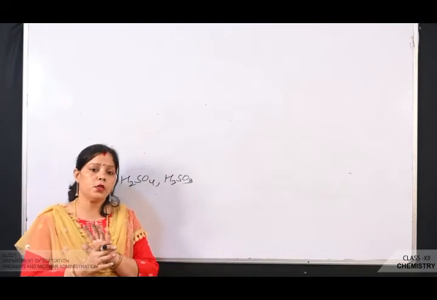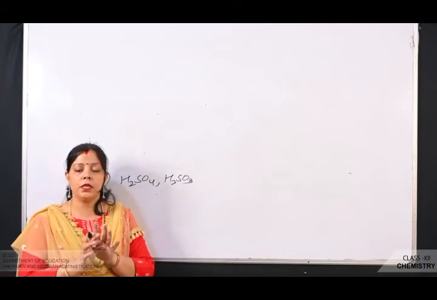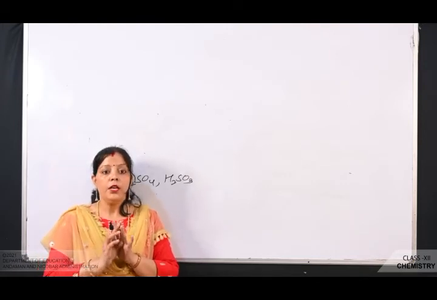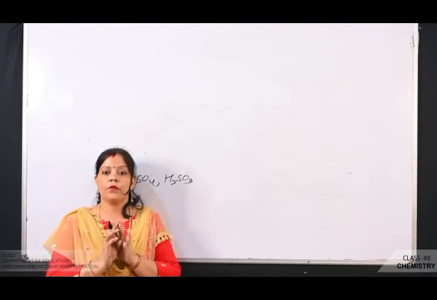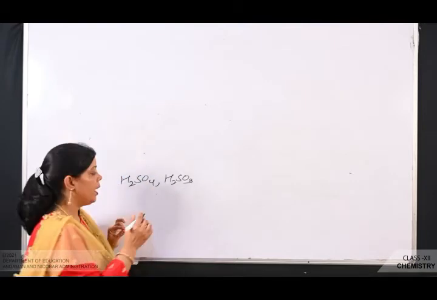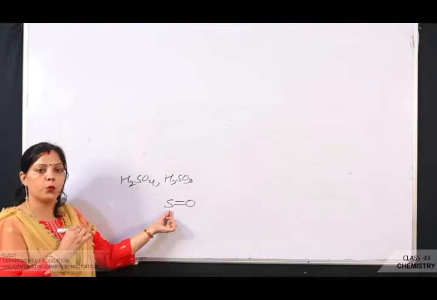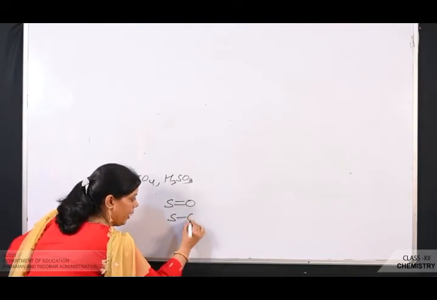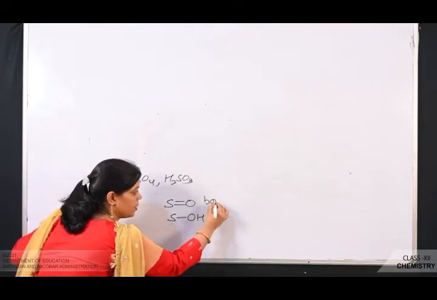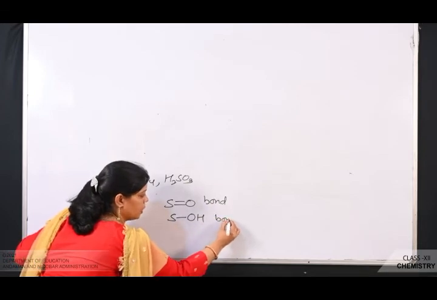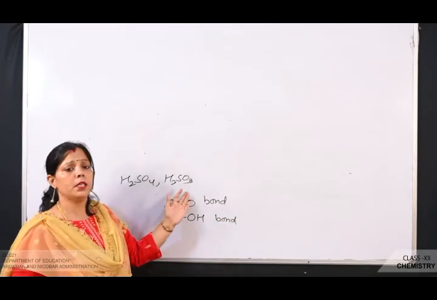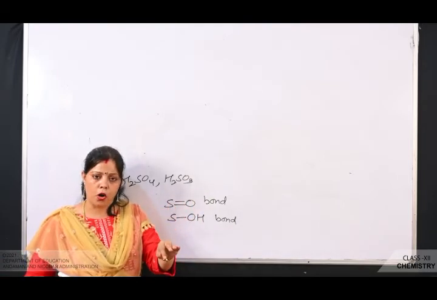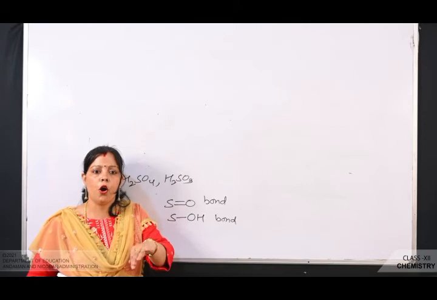In the oxo acids of sulfur, sulfur exhibits a tetrahedral structure when coordinated with oxygen. Generally, an oxo acid of sulfur consists of at least one S=O bond and at least one S-OH bond. These bonds must be present in the oxo acids of sulfur. Oxo acid means sulfur combined with oxygen; any oxo acid contains oxygen.